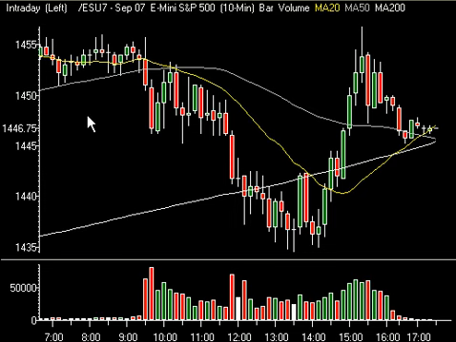What you see here before you is the ES Futures contract. This is the E-mini contract for September 07, and it's the 10-minute candle intraday chart. We basically had a day just like we assumed we would, talking about it when we go back to the videos of last week. And what you're going to see here is a little trading in it. We traded down, then we bounced, then we traded down, then we bounced up inevitably.